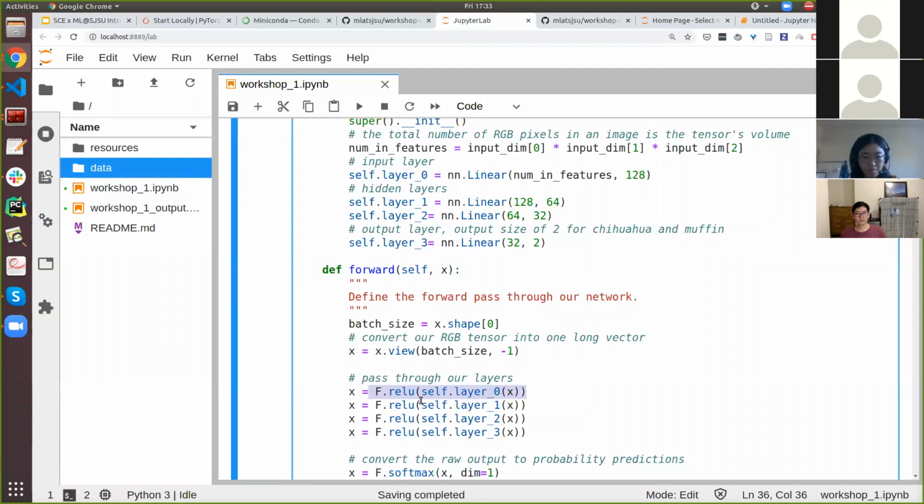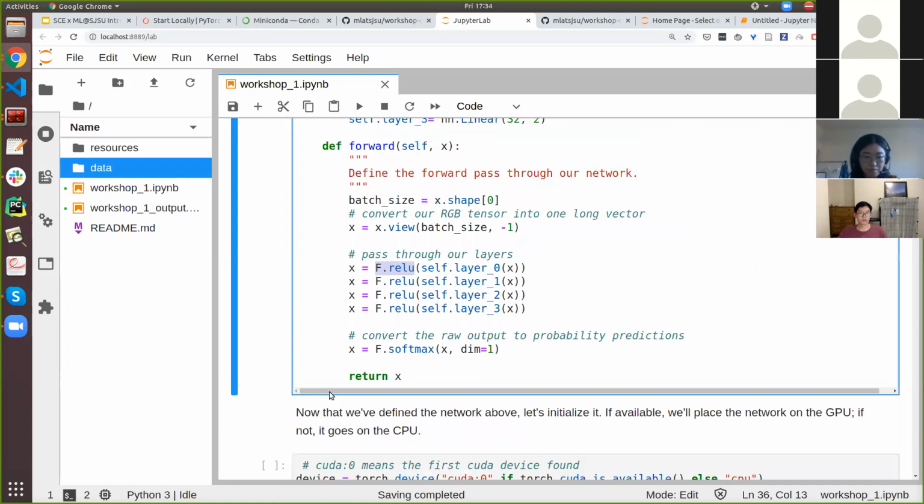So what we'll do is, for each layer, we're going to input our image into it and then wrap each layer with a ReLU function. The ReLU is an activation function. So we put it through layer 0, 1, 2, and 3. And then lastly, to output,